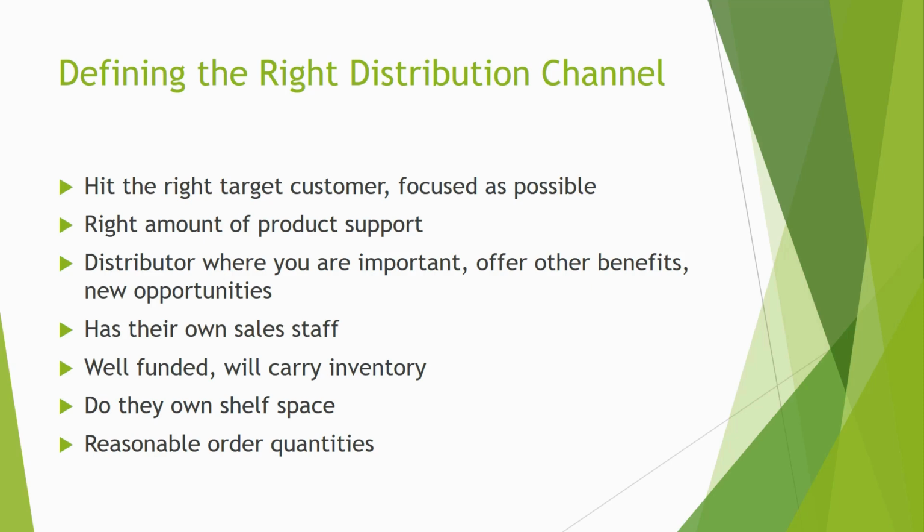And then you want them to order reasonable order quantity. Sometimes the distribution channel just wants to take on products where they're ordering 50,000 unit lots, and that's really not going to work for an inventor. So check and see if they'll just bring in small stock to take care of their customers as their market builds. Otherwise, if they want a really big order quantity, they're probably not going to take you unless you've really developed the market.